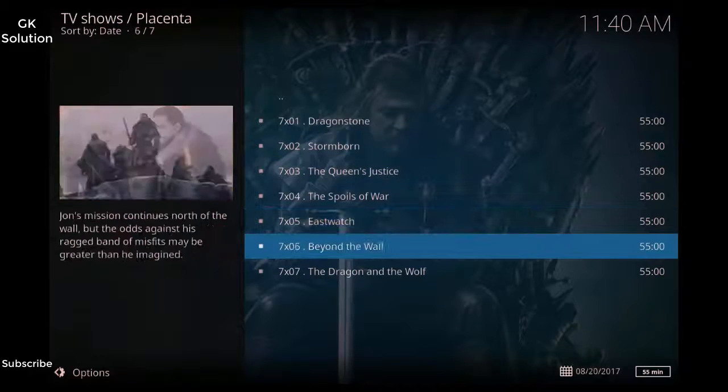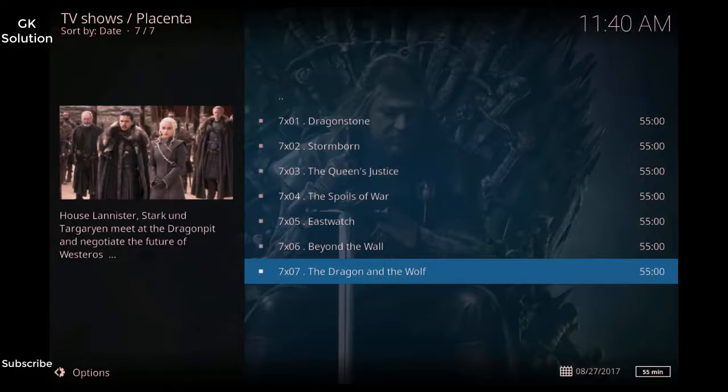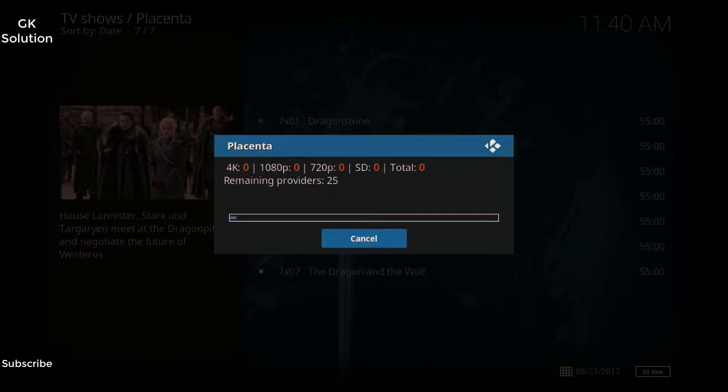Let's go ahead and check out the latest season of Game of Thrones. If you haven't seen this, don't worry, I'm not going to play it too long, so you don't have to worry about bloopers or spoilers or anything like that. I really like how they have this set up where you've got your 4K, your 1080, 720, SD, everything's